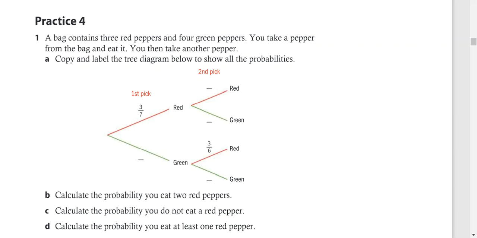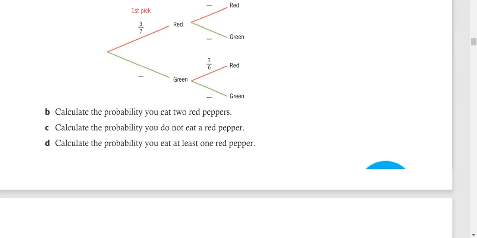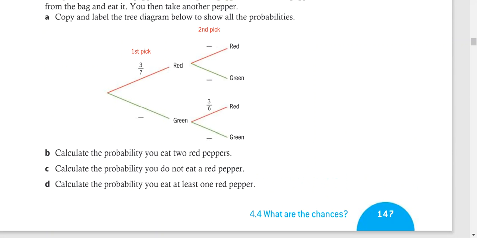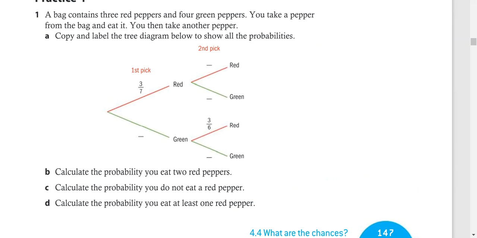So your task now is practice 4 on page 147. This is good. A bag contains 3 red peppers and 4 green peppers. You take a pepper and eat it. You then take another pepper. So it doesn't say you eat it and don't replace it. It just says you eat it. You eat it, and then you're already